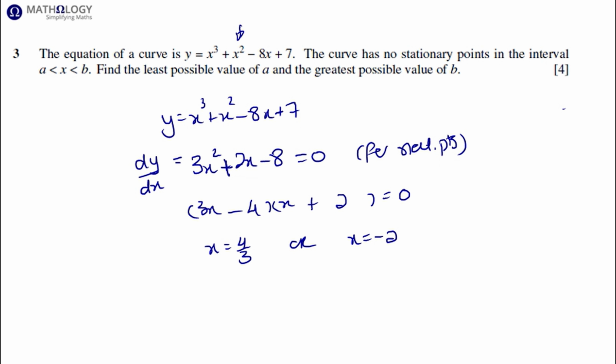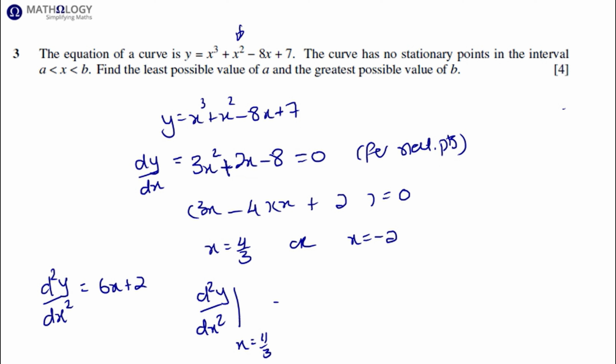Now we don't need to find the coordinates of the stationary points. All we need to do is find the second derivative and determine what the nature is of these turning points. So the second derivative will be 6x plus 2, and then the second derivative where x equals 4/3 will be 6 times 4/3 plus 2, which is clearly greater than 0, and we will therefore have a minimum stationary point where x equals 4/3, and therefore this will be the